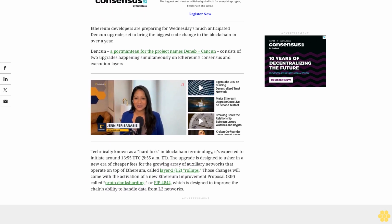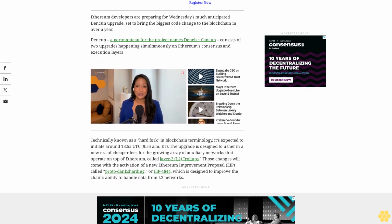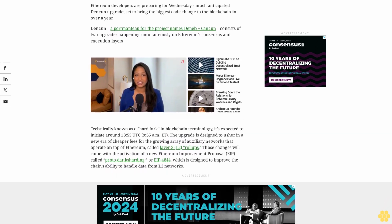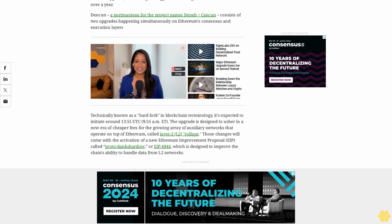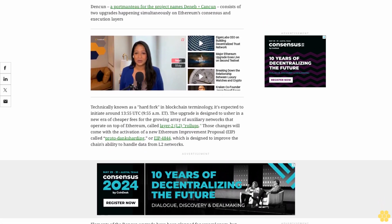Elements of the Dencun upgrade have been planned for several years, but developers delayed it from an original target of late 2023 due to some engineering concerns. Since then, developers have tested the package on 3 separate test networks (testnets), and most of those tests ran smoothly. The first test on Goerli did not finalize for a few hours, but once a bug was patched, things began